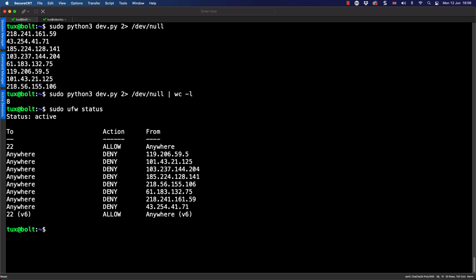I can run it many times. And UFW will just silently fail if it's trying to add an IP address to the deny list that is already there. So it's really convenient to be able to use. But obviously we need to get this up and running and get it up and running as a scripted solution so we can automate it pretty easily on any of our Ubuntu systems.